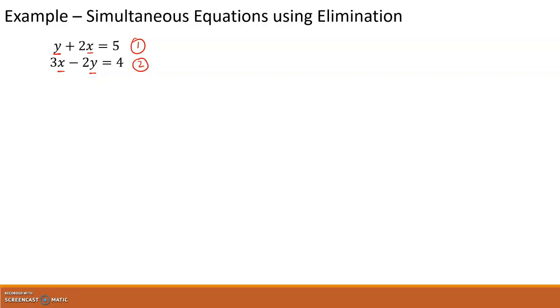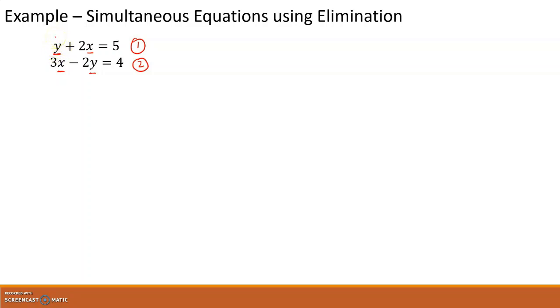So I'm going to have to use one of the two moves that I was talking about before. I can be a little bit creative here in terms of what I choose to do, but all I need to do is make sure that the coefficient in front of one of the letters is the same in both equations. Looking at these two equations, the x's already have coefficients in front of them. So I could multiply the first equation by 3 in order to change this 2 to a 6, and multiply the second equation by 2 to change this 3 to a 6, and that would get me to the same coefficient. However, there is an easier way to do this,